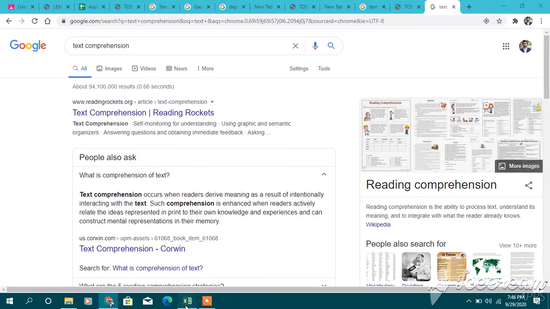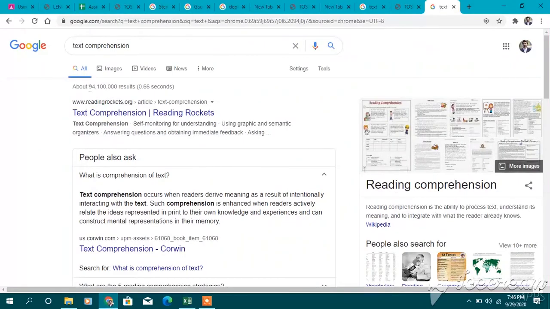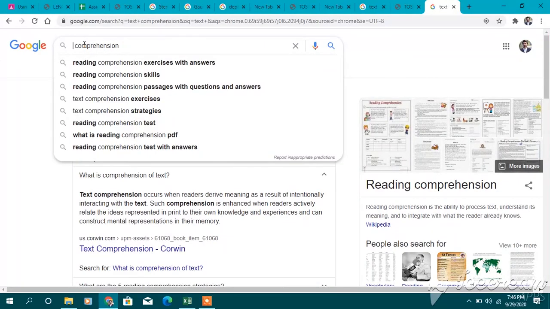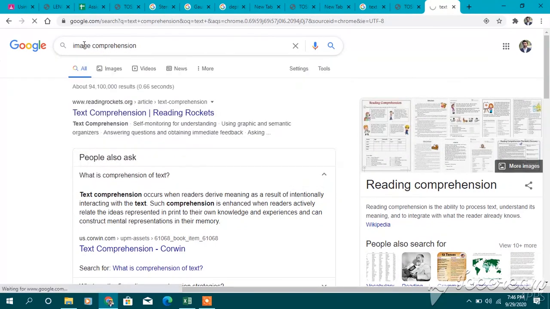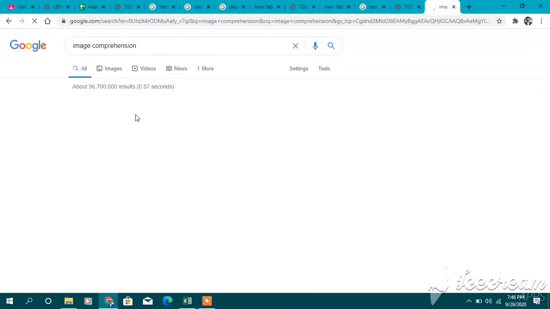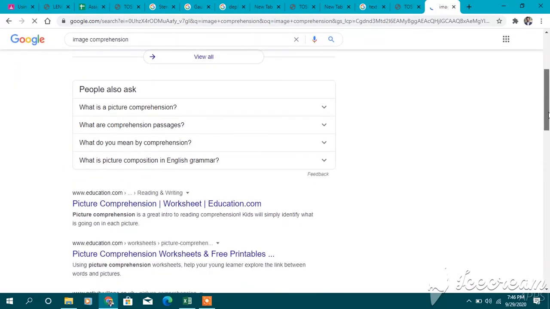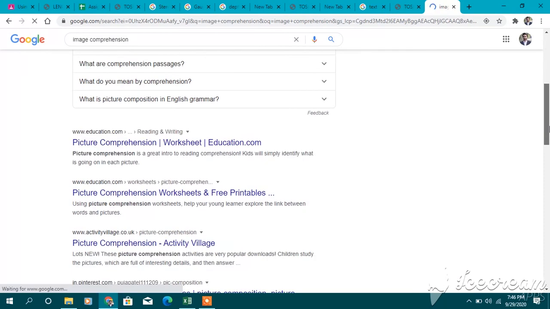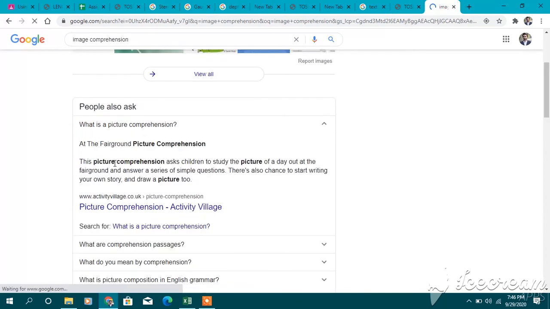And another feature is image compression. What is it? We have to search image compression. Picture compression asks children to study the picture and answer a series of simple questions.